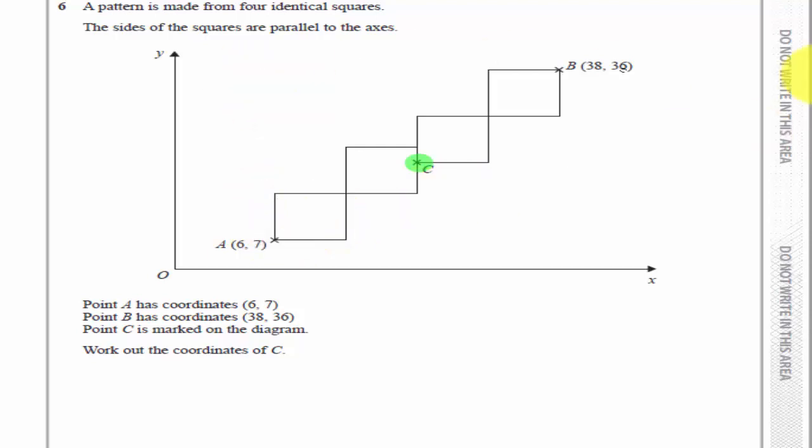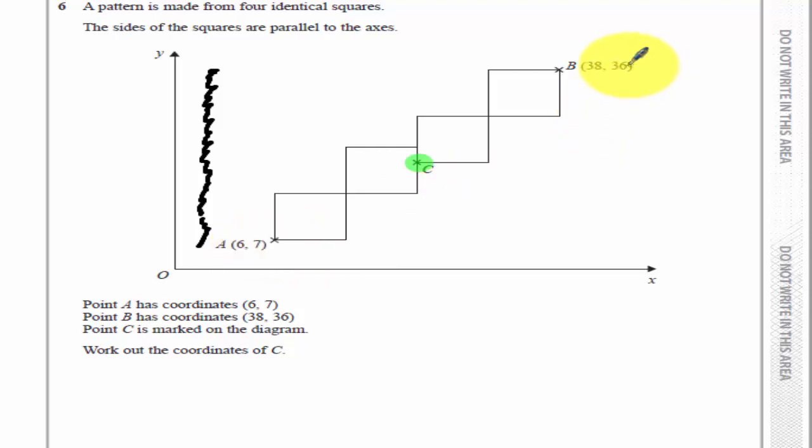There are 5 marks to this question, so it's certainly worth showing all your workings to give the examiner as much chance as possible to give you a mark. Now the first mark can be achieved in 2 ways. You have to show the examiner that you understand you've either got to work out the height or the width of the diagram. So the height is controlled by the y